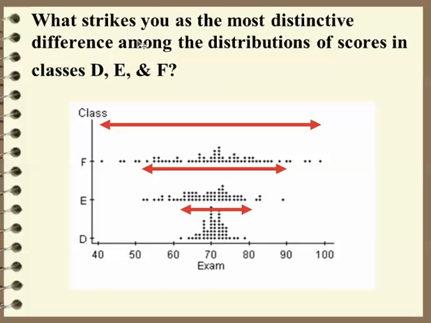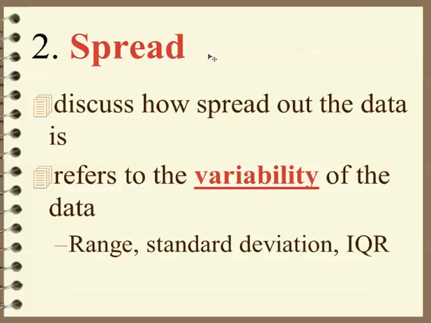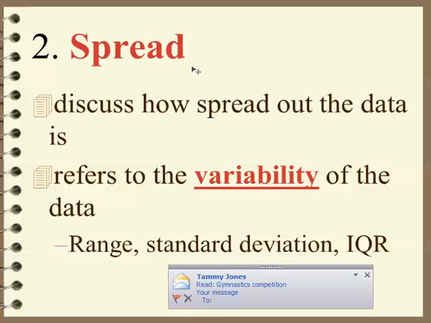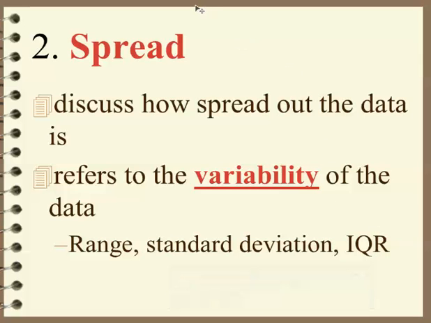Okay? Now, looking at these three graphs, D, E, and F, what do you see here? Well, I see in this first one that the data seems to be really far spread out, and the middle one not so bad, and the third one is kind of compacted together, right? Well, what we're talking about there is the spread. Discuss how the spread of the data is. This refers to the variability of the data. You can use range, standard deviation, IQR, any of those things. Interquartile range is what IQR is, by the way, guys. I'm saying that again. You can use any of those to discuss the variability of the data,